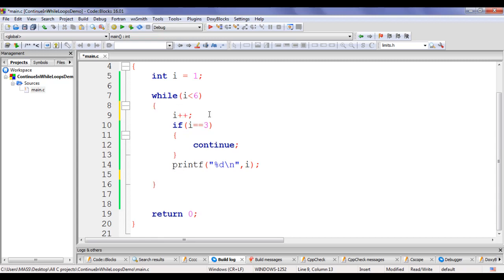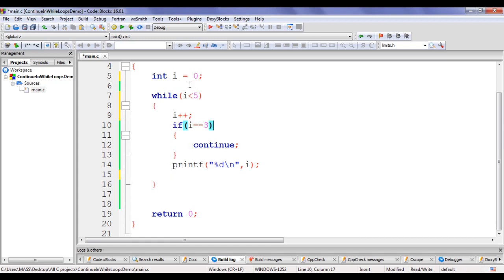That's the first change. The second thing is, you can see here, i value is 1, 1 less than 6 is true, then i++ is executed. Here the i value becomes 2, and printf displays 2. Actually it starts displaying from 2, but we want from 1. So I set the i value to 0 here. Here I said i equal to 0. i less than 6 means up to 5. 0 to 5 means the block will be executed 6 times. So I change this to 5. 0 to 4, in total it executes 5 times.